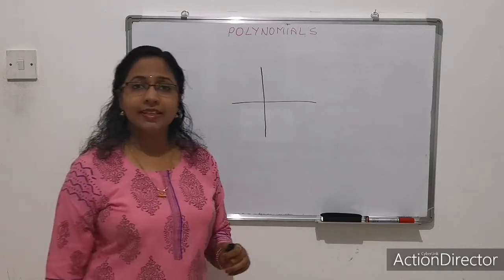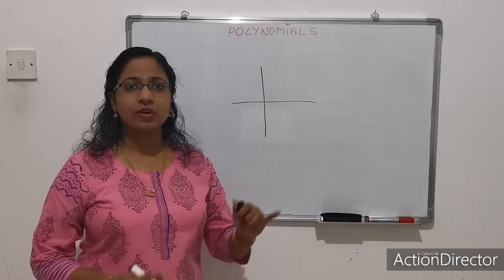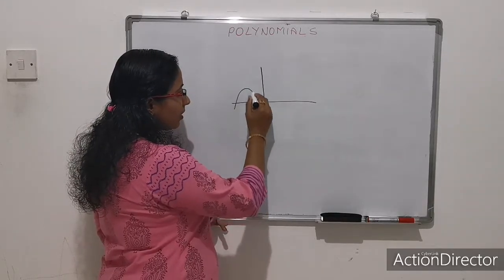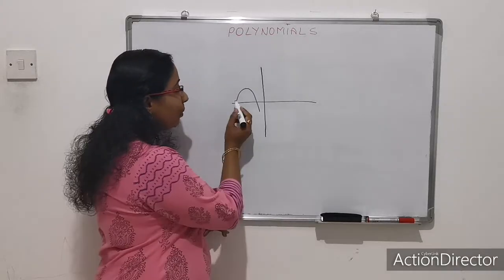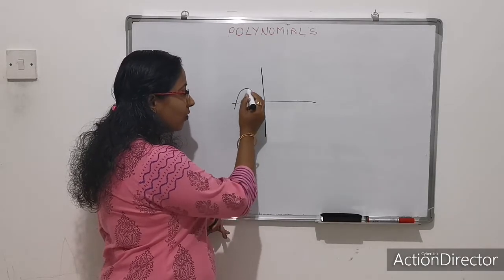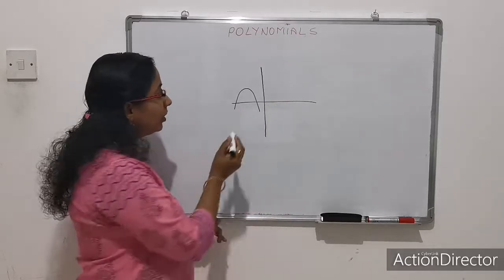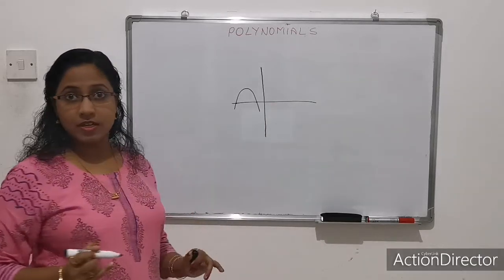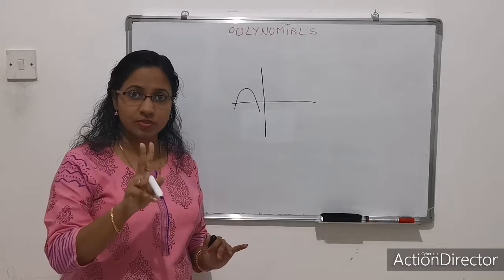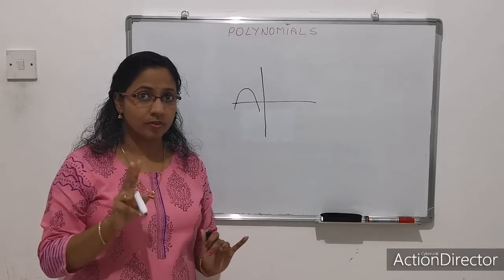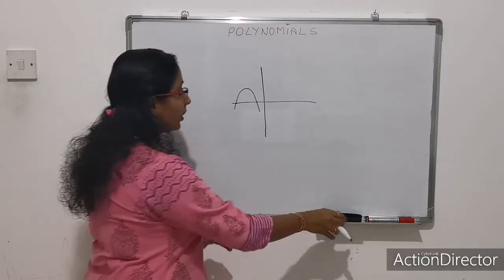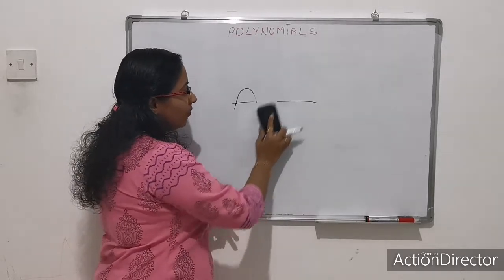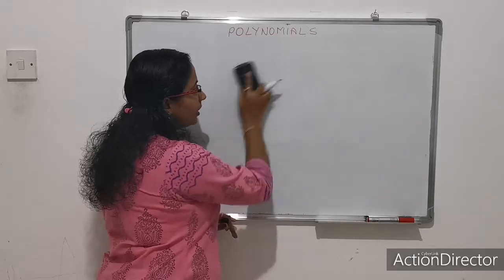graphs. Okay, and that is very easy, so I am skipping that exercise, that you can easily find. That is, if there is a graph like this, okay, then how many zeros? A polynomial graph is always like this, okay, like this. So if there is a graph like this, it means it is touching two times, right? So it means there are two zeros. Zeros means solutions of a polynomial. Okay, so I'm not going into much detail for this. This you can easily find out and go through the textbook.